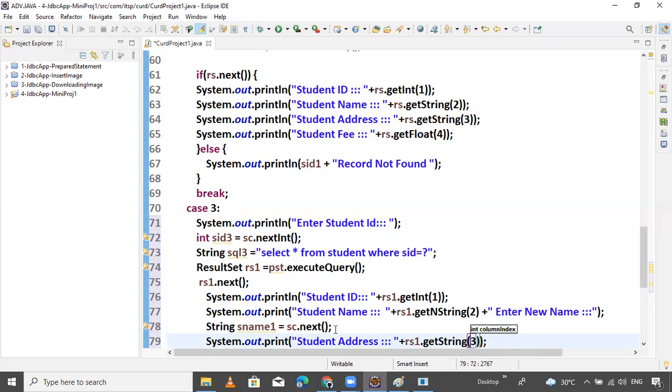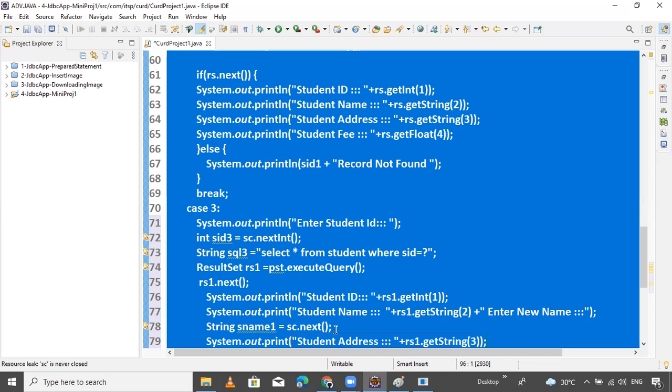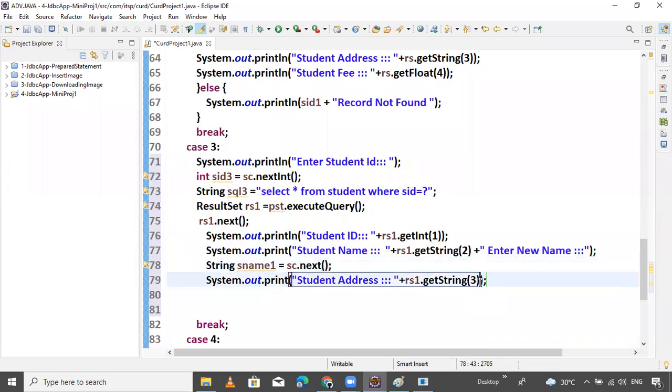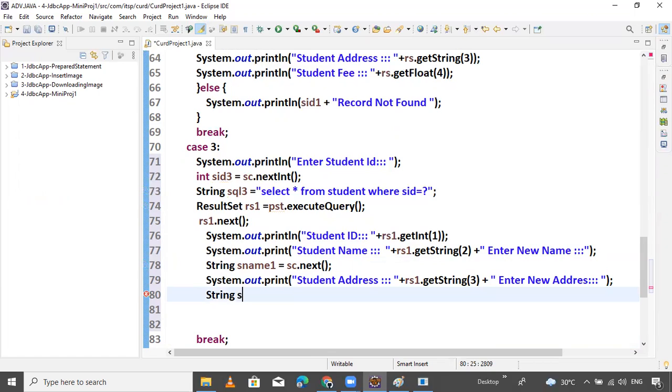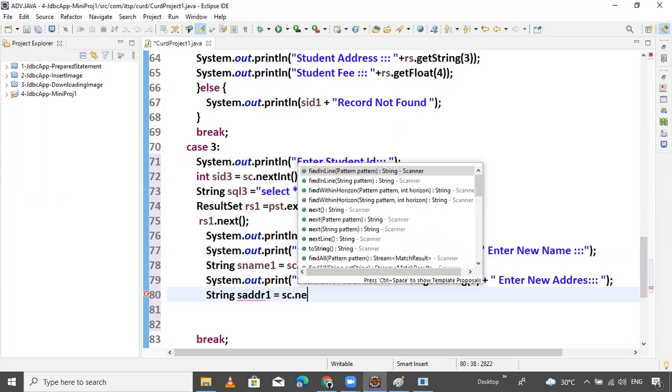Passing column three. Here we pass what is that? Enter the new address. Enter new address. Okay. String new address holds the new address, SADDR1. Hold in a new variable, sc dot next.